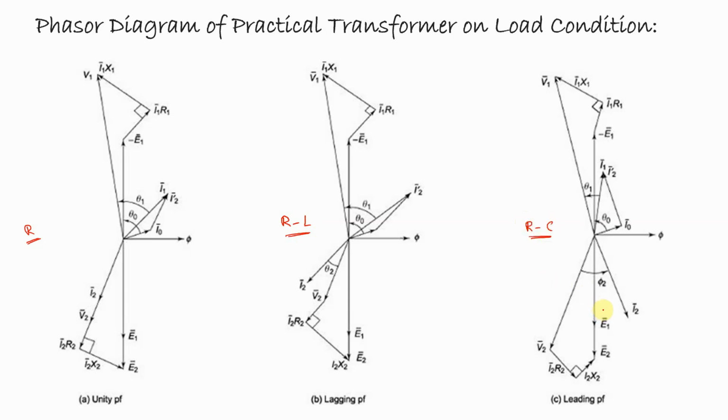For resistive capacitive load, the current leads the voltage. So this is the voltage on the secondary side, the voltage across the load, and this is the current which is leading the voltage by some angle. In case of resistive inductive load, voltage is here and current is lagging. And for the purely resistive load, voltage and current are in phase. Basically, the shape of the phasor diagram depends upon the nature of the load, which we can see from these three relations.